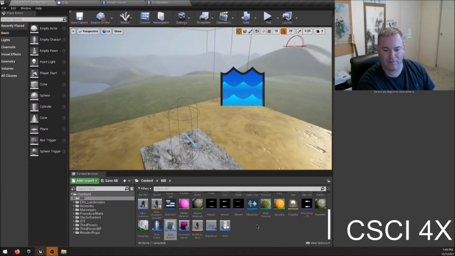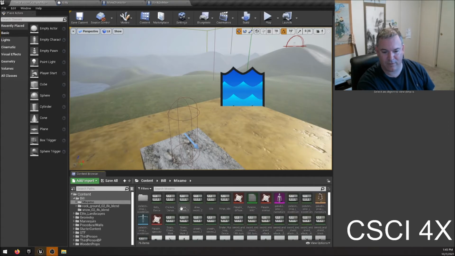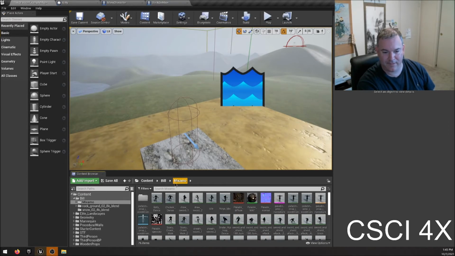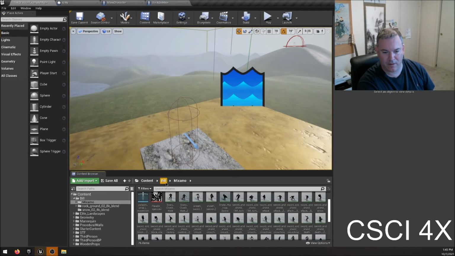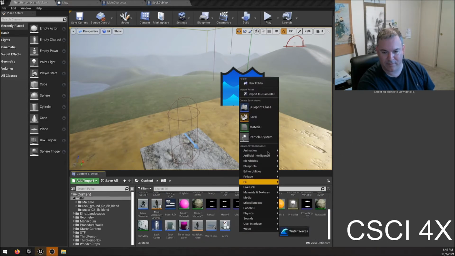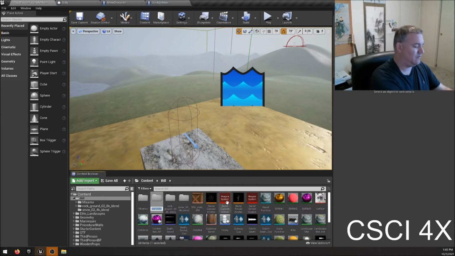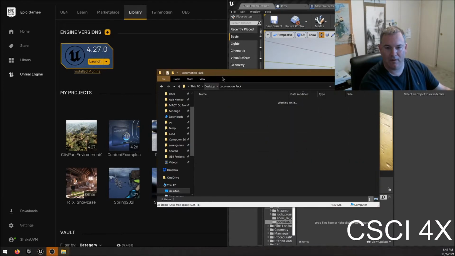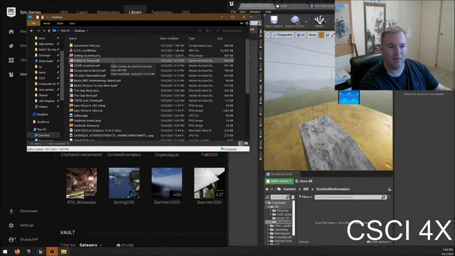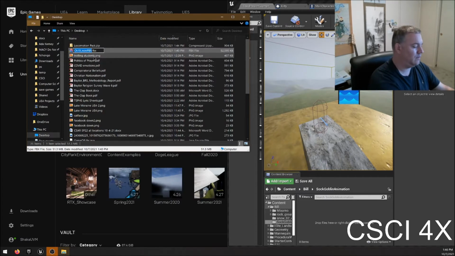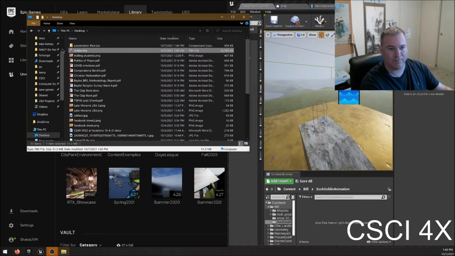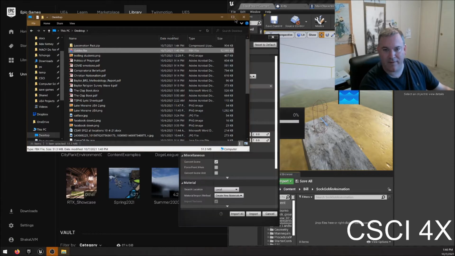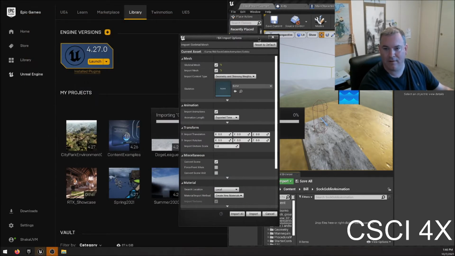But I'm going to go into here, and I've got a Mixamo directory already set up. I'm actually just going to create a new directory, and I'm going to call this one sock goblin animation. And then I'm just going to put all these things into there. So snap that over, and I'm going to first of all name you gobbo.fbx, just for the hell of it. I'm going to drag you in there, and then that's going to pull up the FBX